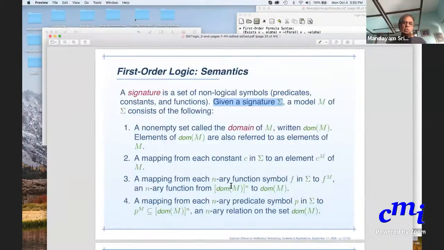For functions, in those examples, if you had plus and successor, you would naturally associate an appropriate function of appropriate arity to each. So that is the first part, before you can give truth values. Once you have the interpretation given to each of the non-logical symbols in the signature,